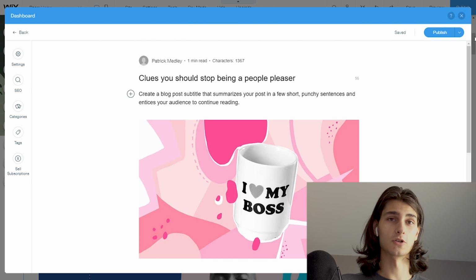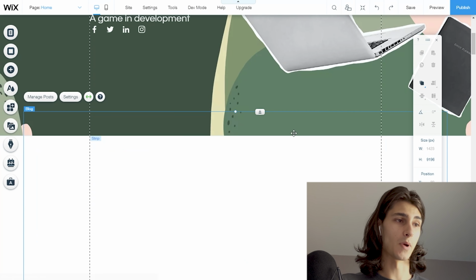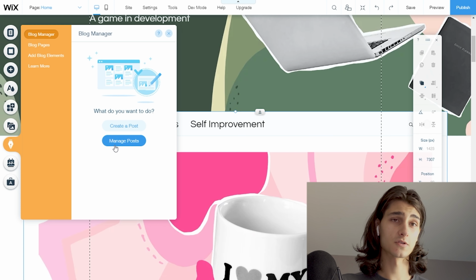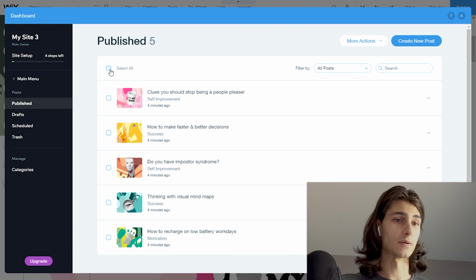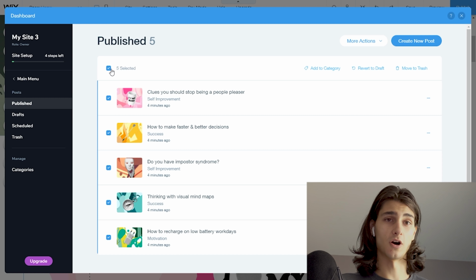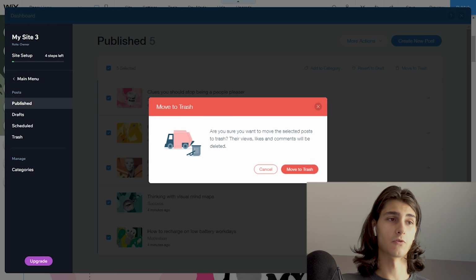Now I'm actually not going to change this blog post since it is a demo. I'll close that out and go back to my blog and manage posts. And from here, I'm going to select all of my posts and delete them. Like I said before, just hit that select all button and move to trash and confirm it, and now all of